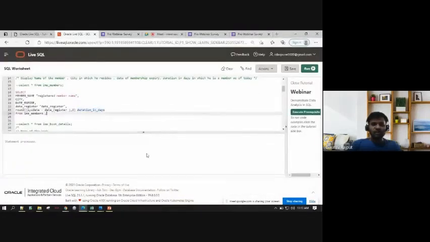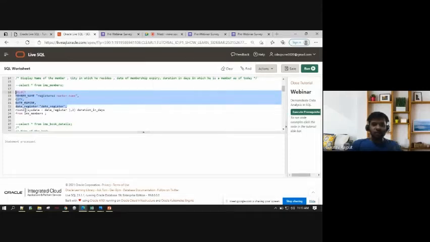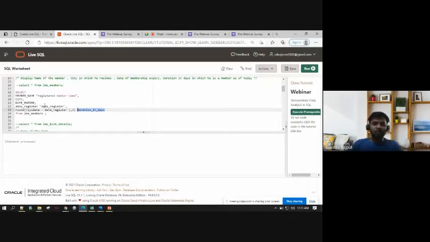So the very first thing that I would do is I just need this source, right? And so member name would come from the member name column of the table, city, date expire, date register. So everything is coming directly from the tables, right? But what is not coming in is the duration. I have to calculate that, right? Similarly, in programming, we used to do some calculations on the fly, right? Similarly, here I'm doing calculations on the fly. So I'm using your date register column in the table, and I'm subtracting it from the current date, and I'm just rounding it off. So round is a function that just rounds off to 2 digits.